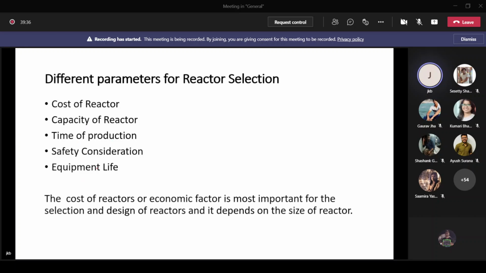And equipment life depends on the depreciation of the process plant. That is, each year you have to subtract a certain quantity as depreciation. So equipment life you can consider 12 years or 15 years. After 15 years, you have to set up a new plant. So equipment life is also an important parameter, and safety is a really important parameter for toxic material, toxic gases, toxic chemicals handling. In a flow process, it is very difficult. So for a closed batch process, we can prepare the material.